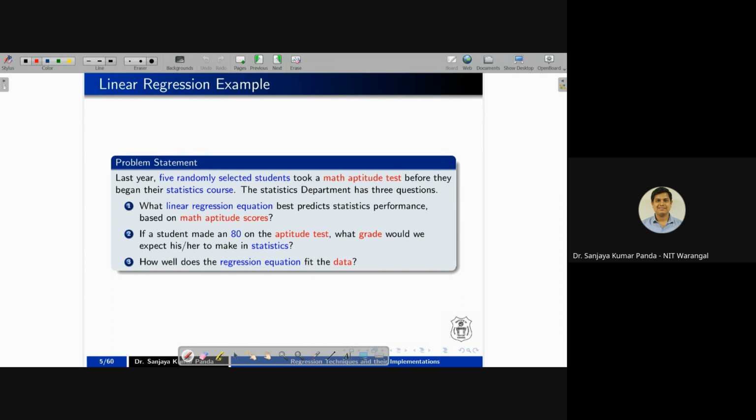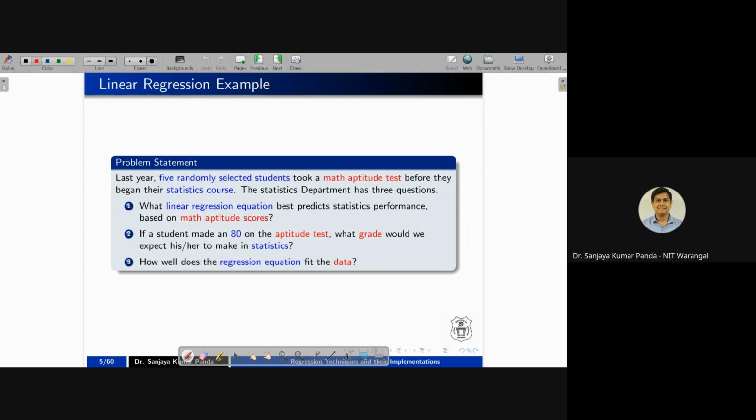So let us understand this problem statement. Last year, for example, if you consider all of us belong to, let's say, academia or industry. You know the last financial year or academic year is 2023-24. Okay, if you consider this, the new academic year is going to start in July, that is 24-25. So last year,